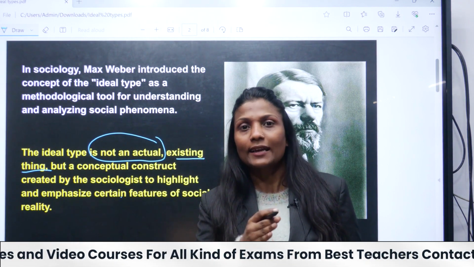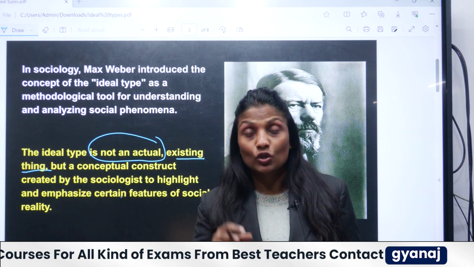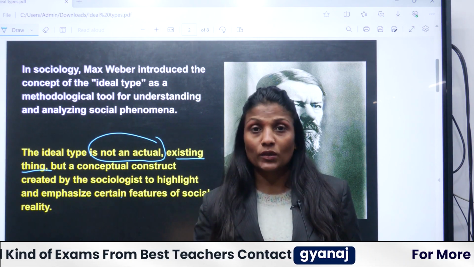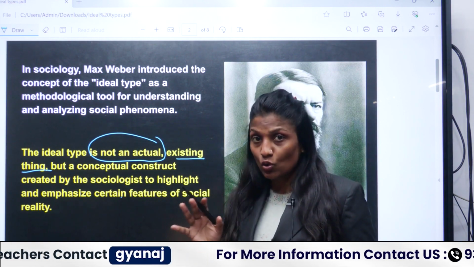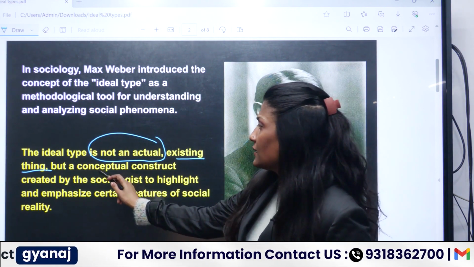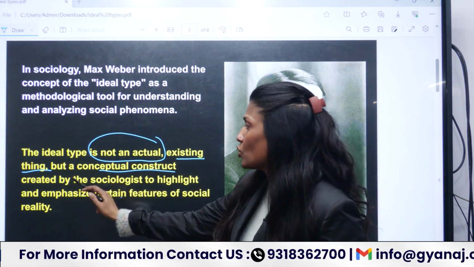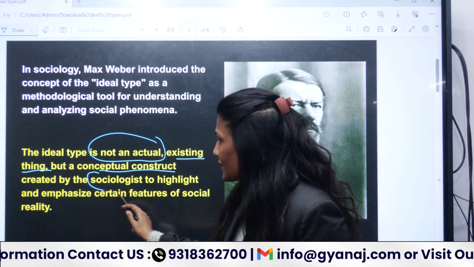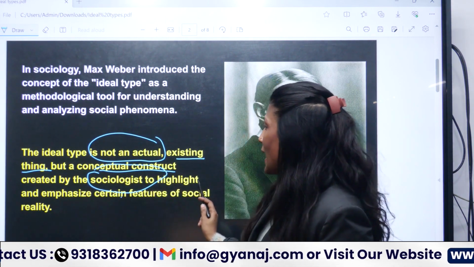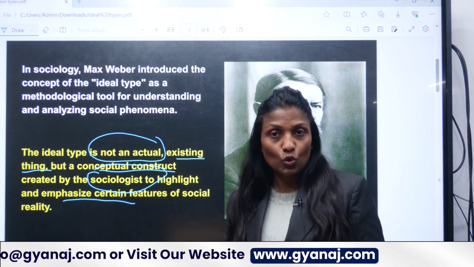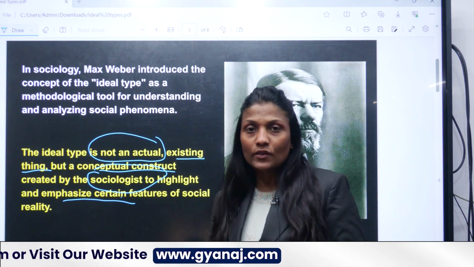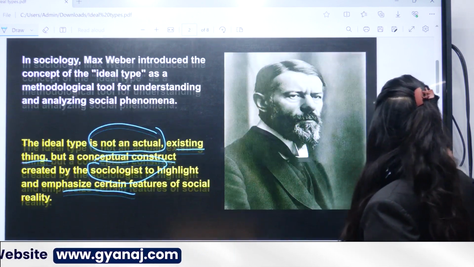It is just like a navigating device for us to understand truth in society. So in actuality there is no existence. It's a conceptual construct which is created by sociologists to highlight and emphasize certain features of social reality. Further, we'll understand what it actually is.